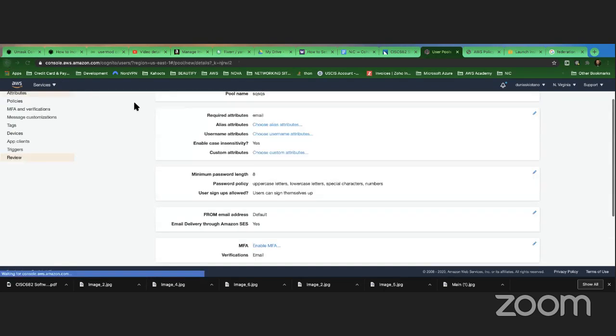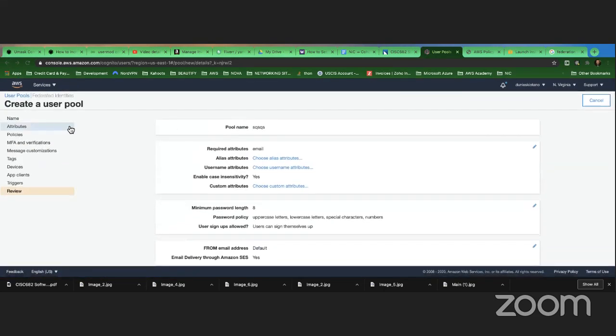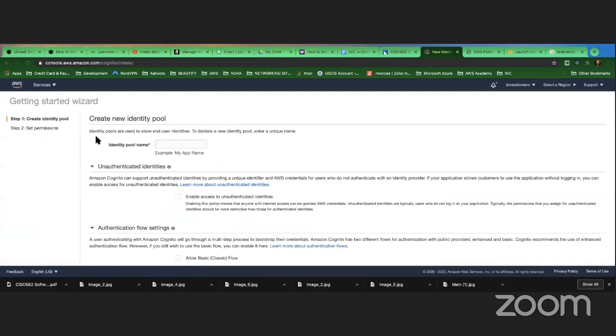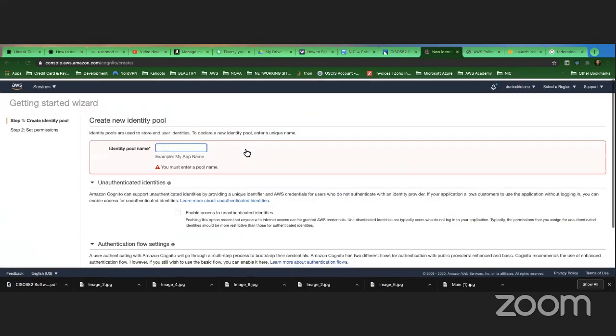That's going to be very useful when working with Cognito in mobile apps and using federated identities. So this is very important when you are studying for your developer or DevOps certification.